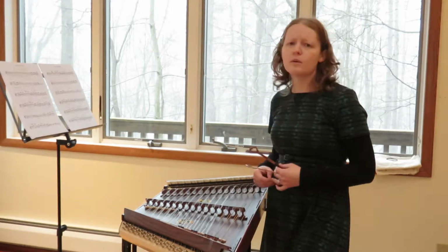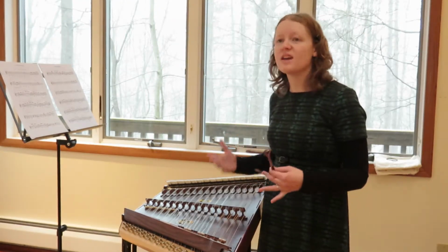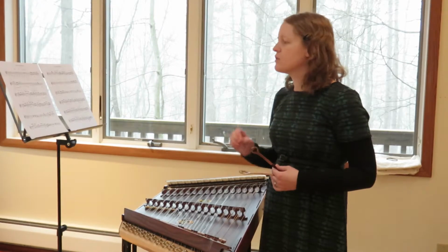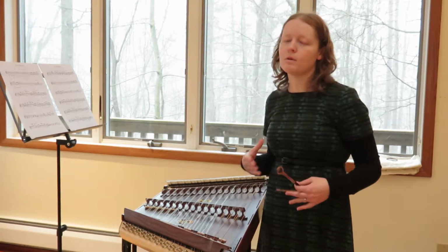All of this, you're going to want to make your own decisions about what's comfortable for you with hammering patterns. Your left hand's going to end up doing most of the melody, your right hand's going to end up doing most of the harmony. The one place where I might give you a specific suggestion about how to hammer it, because it's a little bit difficult to do that, is starting in measure 60, where we go into kind of